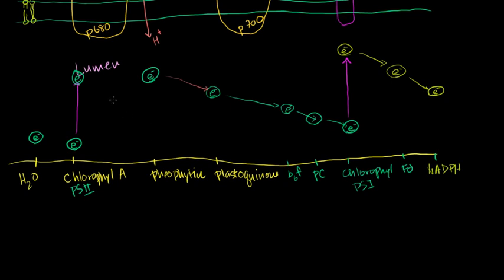Now, the whole point of me showing you this is I wanted to depict graphically that the electron is starting off at a pretty low energy state. And the only way this happens is by energy from light. This would not happen on its own, going from a low energy state to a higher energy state. And I touched on in the last video, if you have this electron going here and it gets transferred from one molecule to another, gets excited again, then keeps going all the way, eventually being accepted by the NAD plus